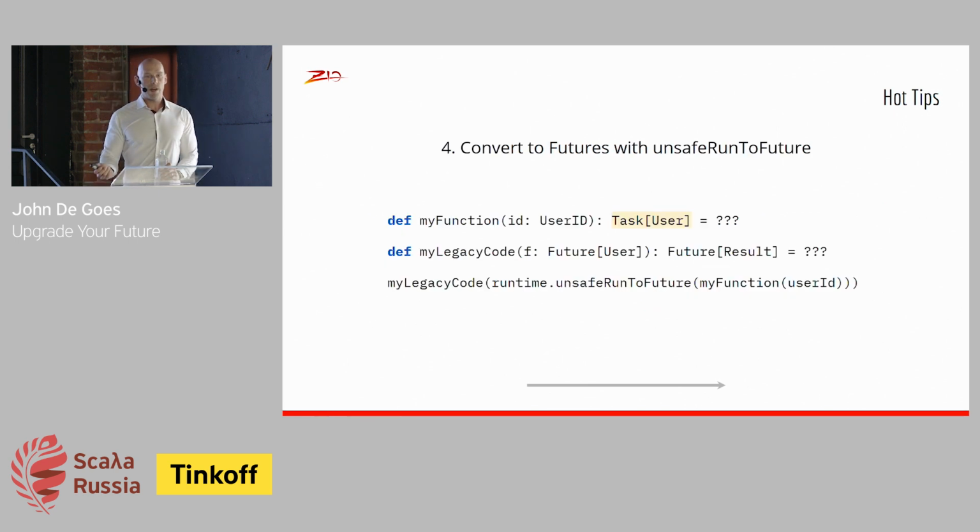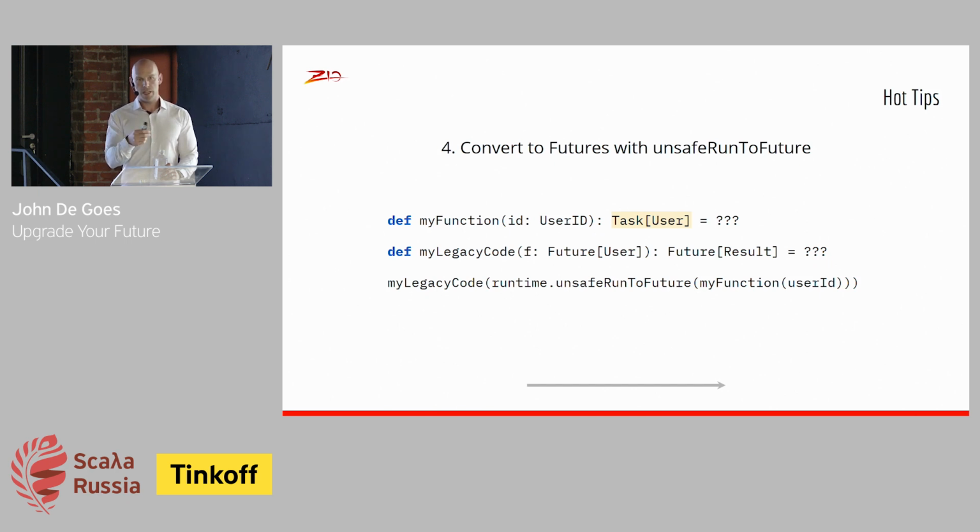There will be some points in our applications where we have to go the other way around. We've converted some code to using task, and now it expects a future, so we need to convert it to a future. You can do that. You can't do that lazily, unfortunately. Future is not lazy. So anytime you convert from a ZIO task into a future, that's going to be non-lazy right there at the conversion point. It's going to kickstart that computation.